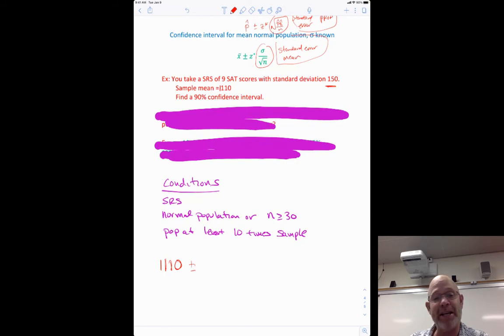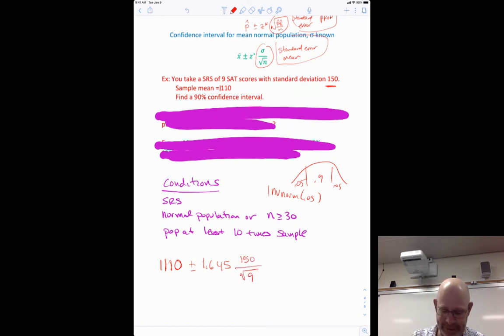So the 90% critical value, you may remember, is 1.645. If you forget this, remember it's 90%, which leaves 5% on each side. So you would do it just like normal, an inverse norm of 0.05. And then it's the standard deviation of the population, which is 150, divided by the square root of the sample size. So we multiply this out, 1.645 times 150 divided by 3. So it's 1110 plus or minus